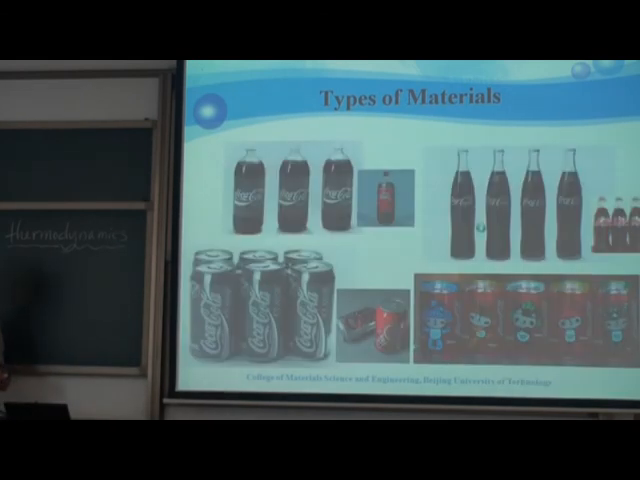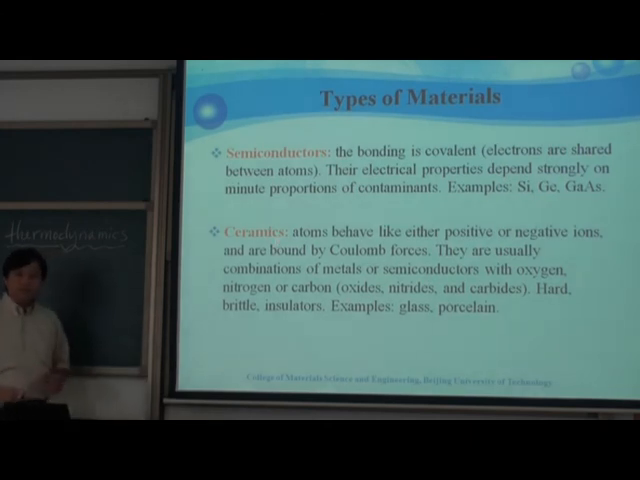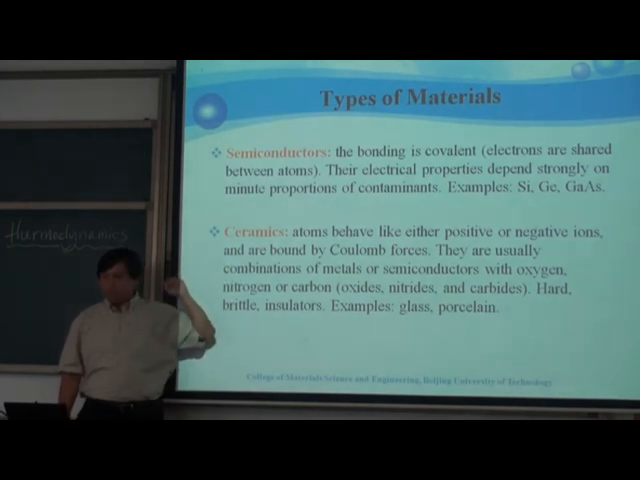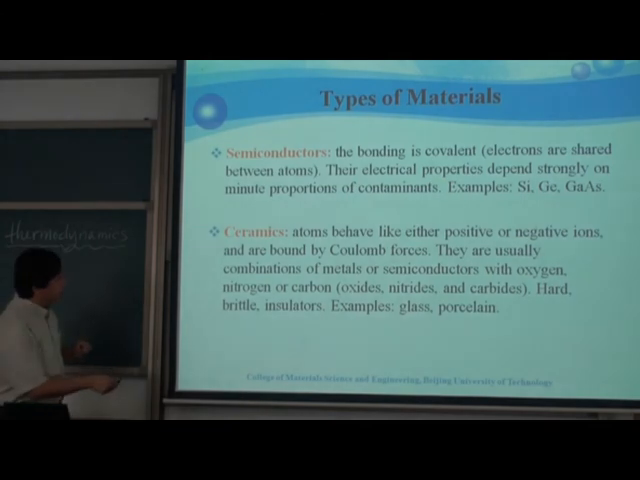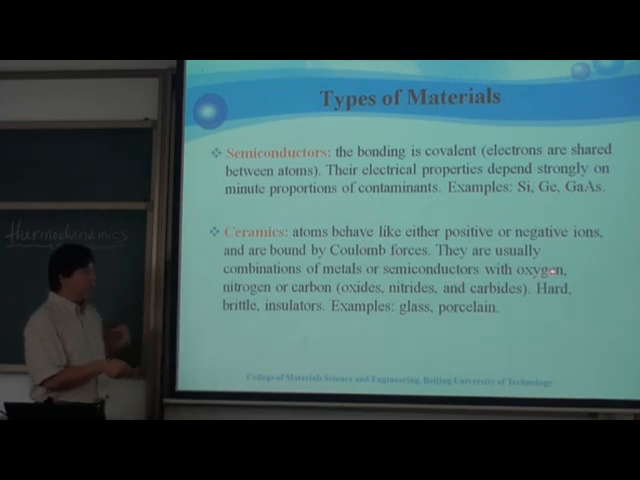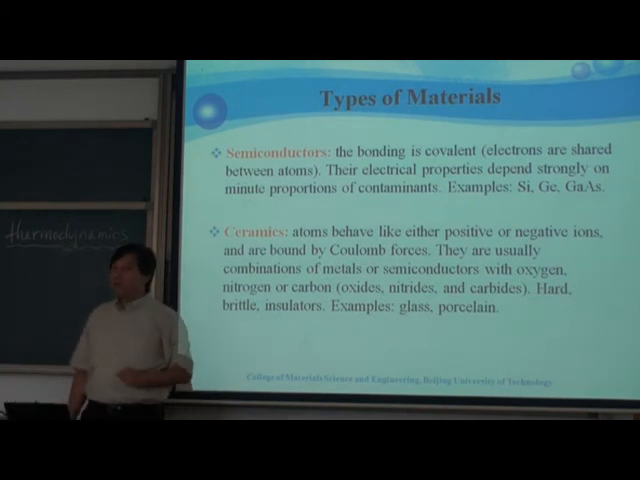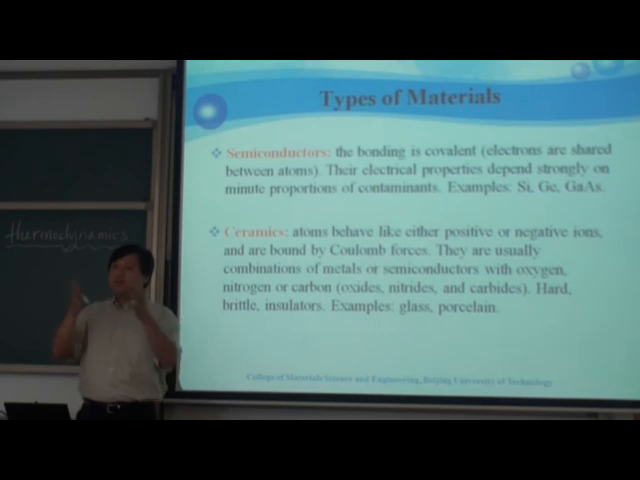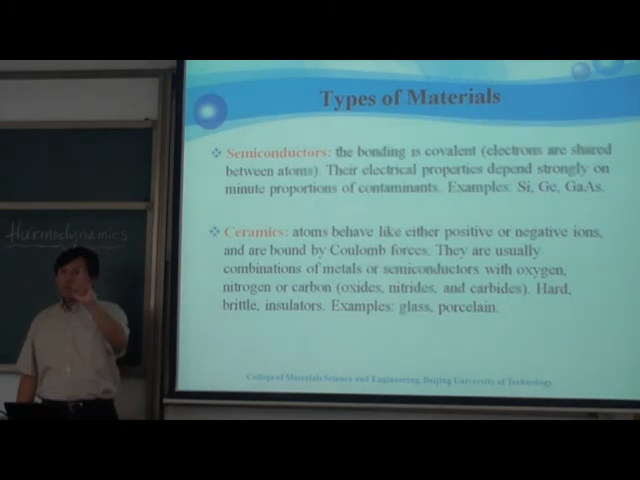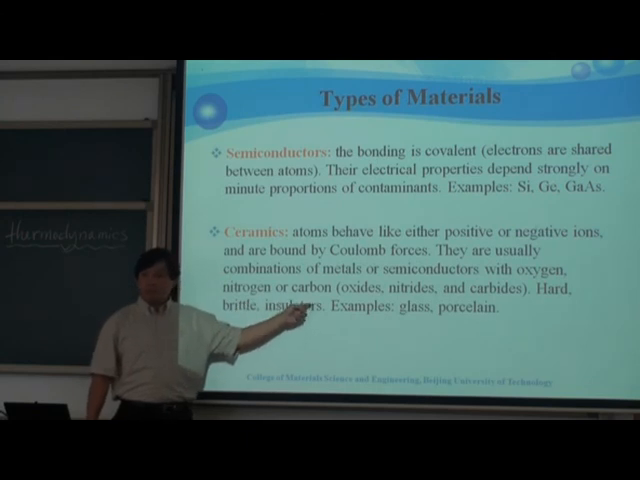Now the third type of material is ceramic. Now what are ceramics? Let's look at it. Ceramics are mainly combinations of metals and semiconductors with oxygen, nitrogen, and carbon. If you have a metal, for example, aluminum, aluminum oxide is one type of ceramic. If you have a metal combined with oxygen, nitrogen, or carbon, then you form the